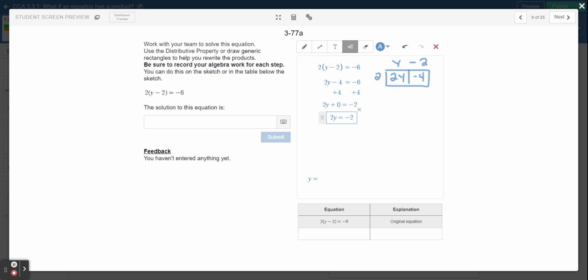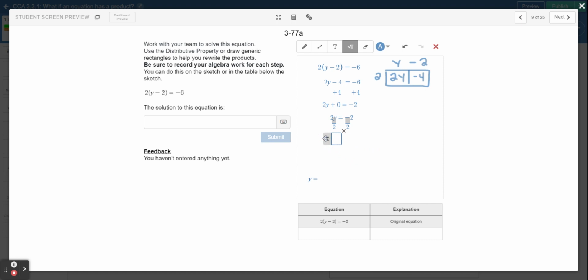Now I'm remembering to say to myself, okay, so what is 2y? What does 2y mean? It means 2 times y. I'm multiplying. How do I undo that? I'm going to divide. I'm going to divide both sides by 2. So I might write here, divide by 2. And again, I'm kind of making Desmos do what I want here. I'm going to try to show that I'm trying to divide by 2. It's not perfect, but